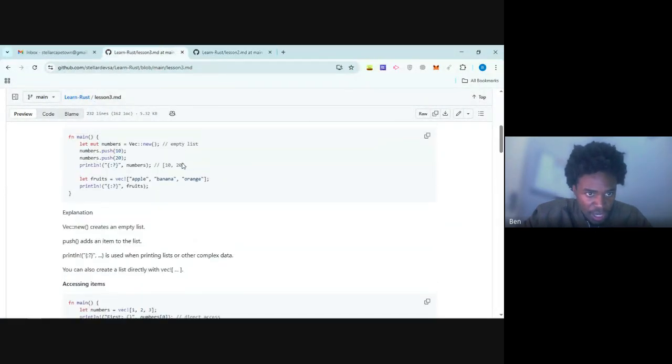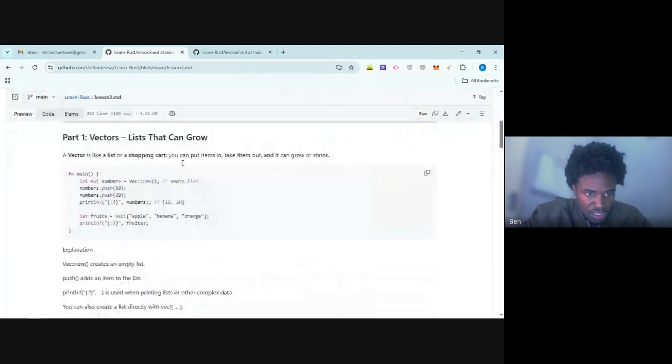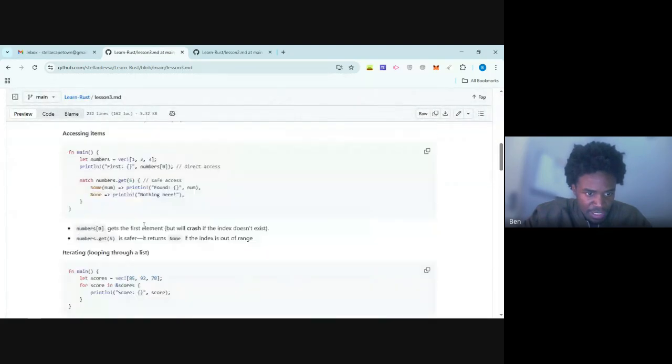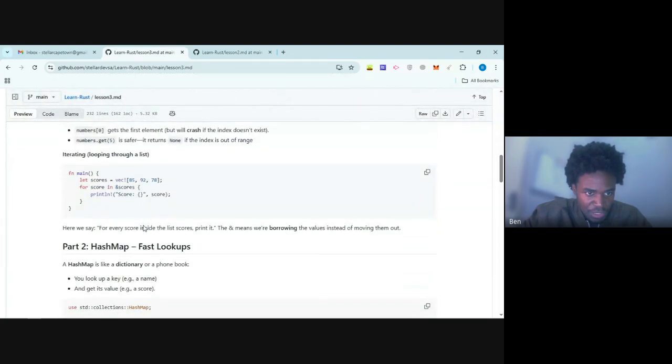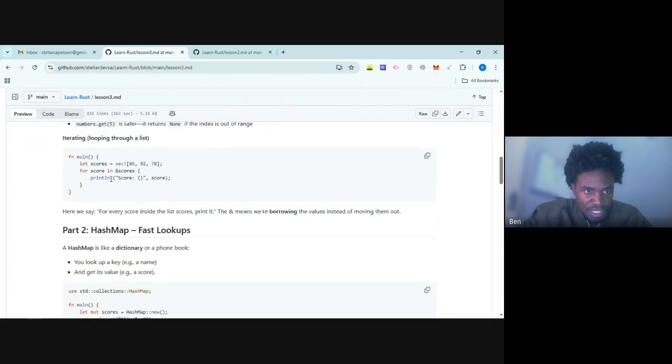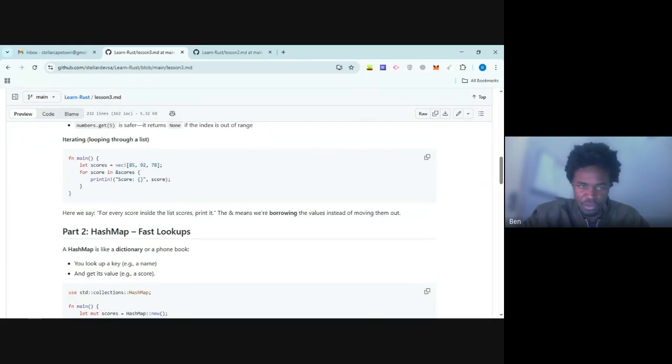Lesson 3. Okay, where were we? So we did this, we did an example. And now we're going to work with looping through a list of vectors. So just like dealing with arrays, you can loop through a list. Like here, the code is basically saying let scores equal vec, this vector. So this vector has these values,